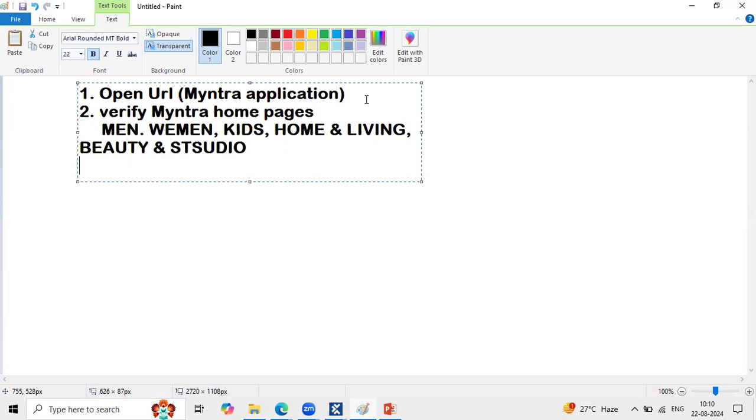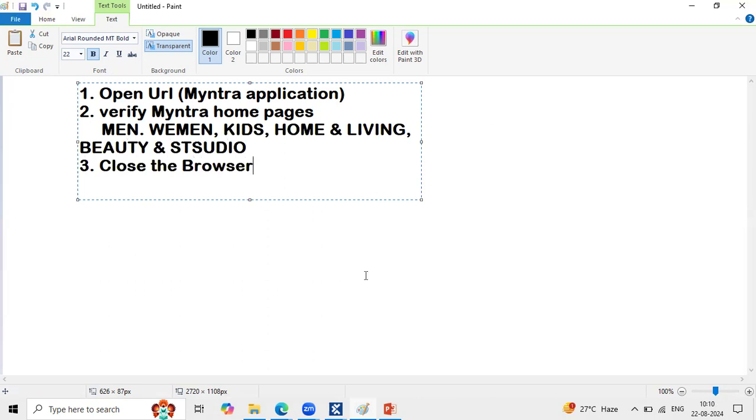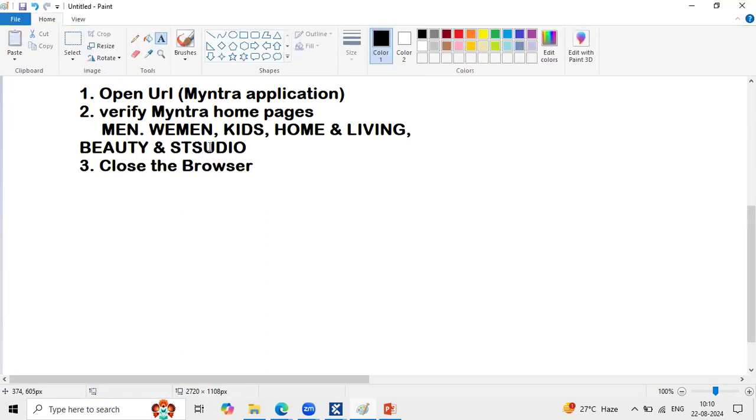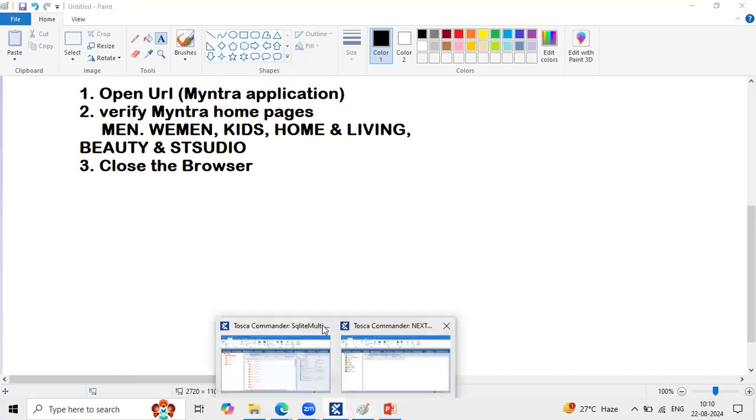So after verification of all these pages, team, simply close the browser. I'm taking only a simple scenario for verification purposes, team. Let us assume you got this kind of manual test case from your manual department. Now we have a requirement. We just want to automate this scenario from our Tricentis Tosca point of view, team. To do this automation in Tosca, we go to our Tosca Commander here. In this Tosca Commander itself,